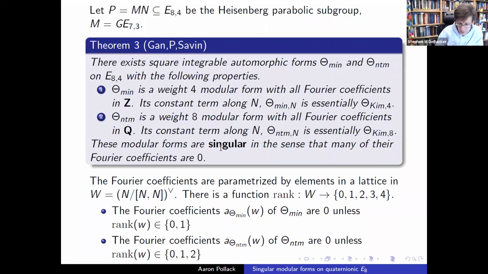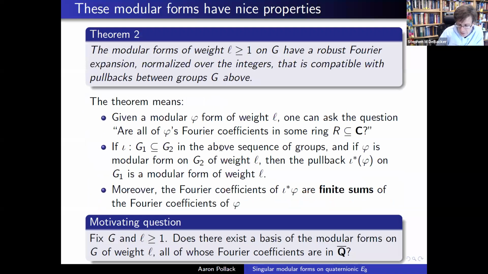And so in theorem 2, where you say that the Fourier coefficients on the bigger group can be expressed as a finite sum on the smaller group, so the Fourier coefficients of the pullback, the one on the smaller group. Yeah, that's the whole point. So how explicit are those finite sums, or is it just an abstract thing? It's just an abstract property.